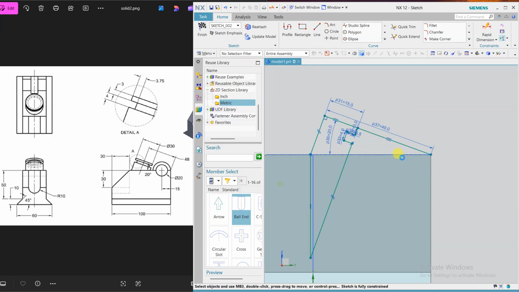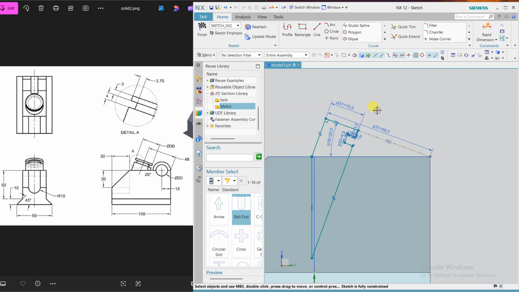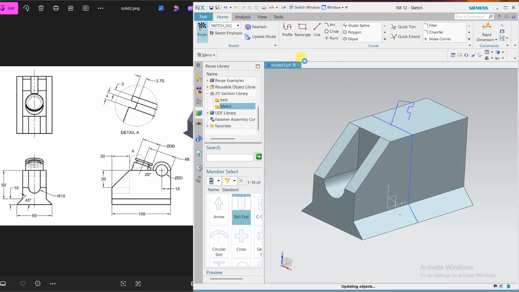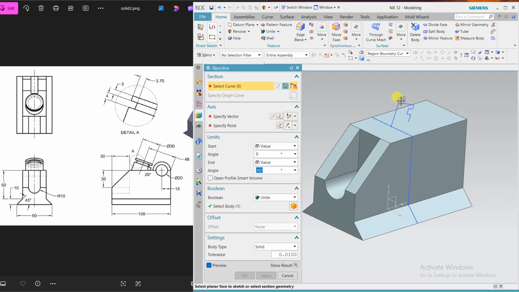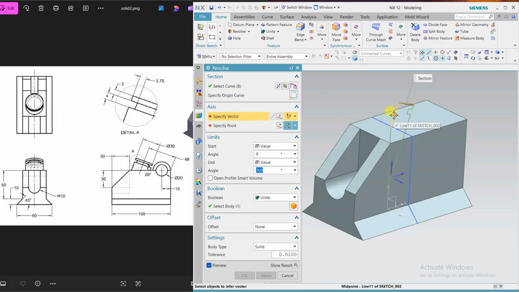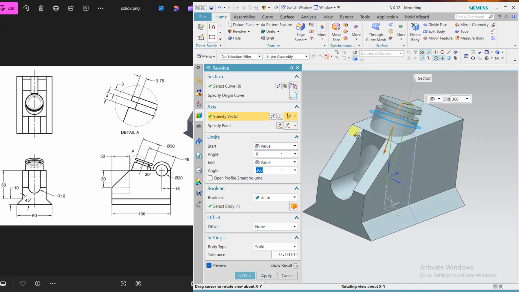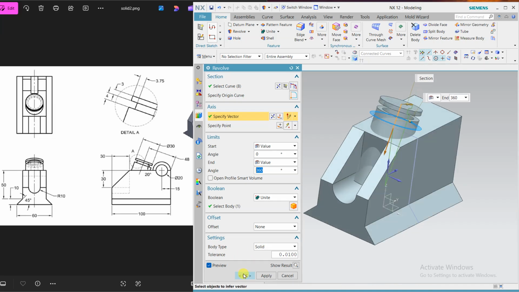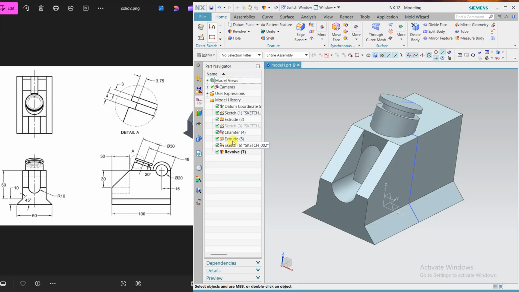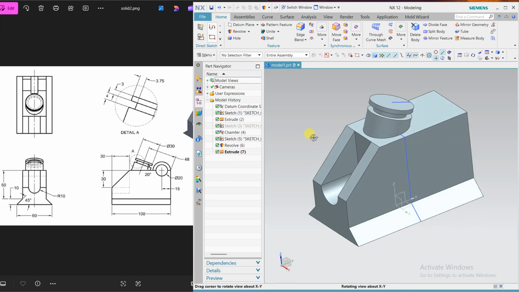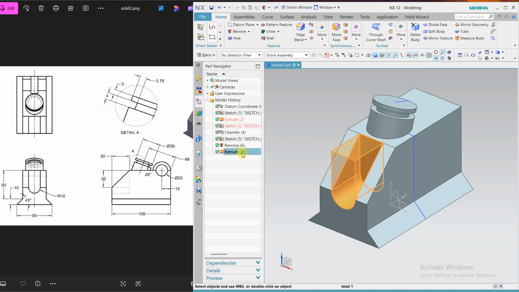Close. This is the extra reference line, so remove it. And here I'm going to use revolve. Select this axis vector, this one. See, it is coming inside it. Okay. So come to this history, and here, I'm dragging it, right? The order is changed. Now this extrusion cut is after the revolve command, so it is coming in the proper place.